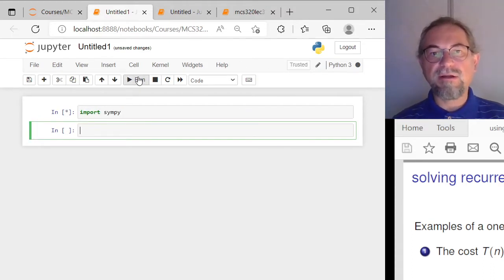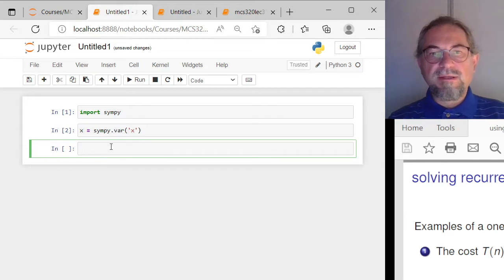So I'm in a regular SymPy session, and I can declare a variable. I can take the Taylor series, so the SymPy series of the square root of 1 minus x